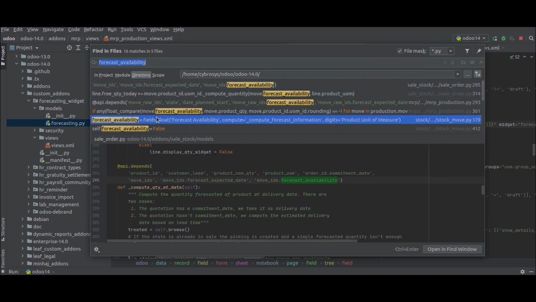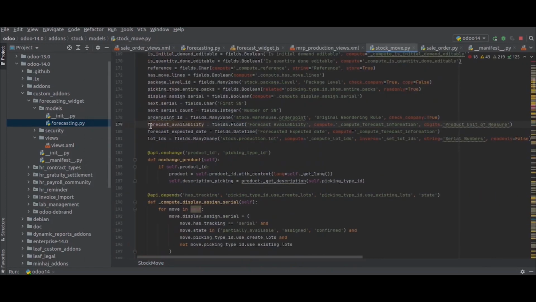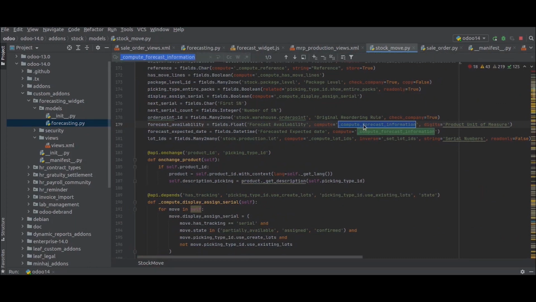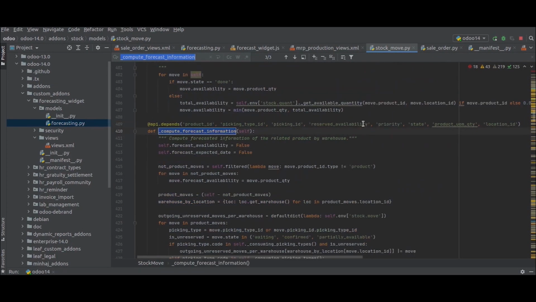If those fields are present, you can see that forecast availability is a float field and it is a computed field. If I click on that, you can see the compute function, and here some 8 to 9 fields are dependencies of this function. If these fields are available, you can simply call widget equal to forecast_widget in your field, so that you can see the forecasted report chart, that is a FontAwesome chart icon, present for your field, indicating the forecasted stock of the corresponding product.